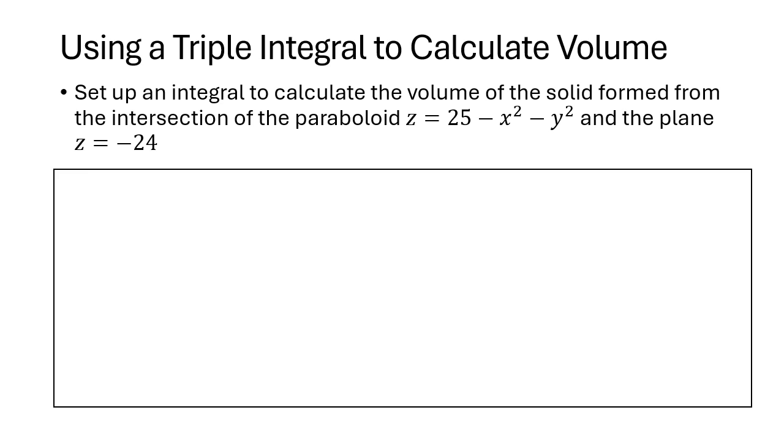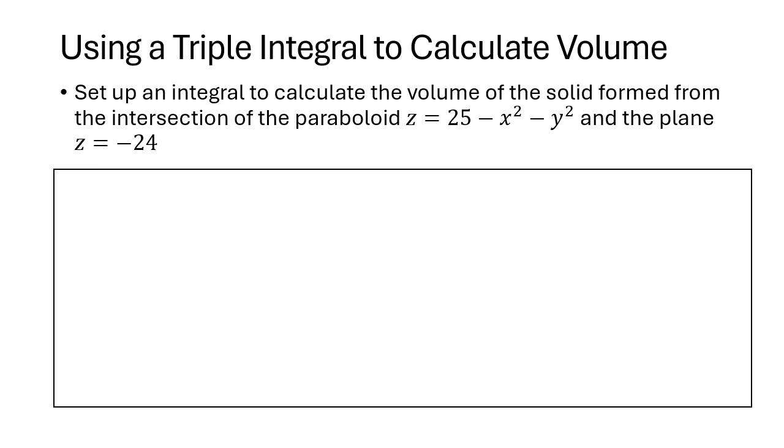Before we can set up the triple integral, we need to have the lower and upper bounds for x and y. By the way, the lower and upper bounds for z are already present in the problem. We have z equals negative 24 as a lower bound, and z equals 25 minus x squared minus y squared as an upper bound. To calculate the bounds for x and y, we set each of the surfaces equal to